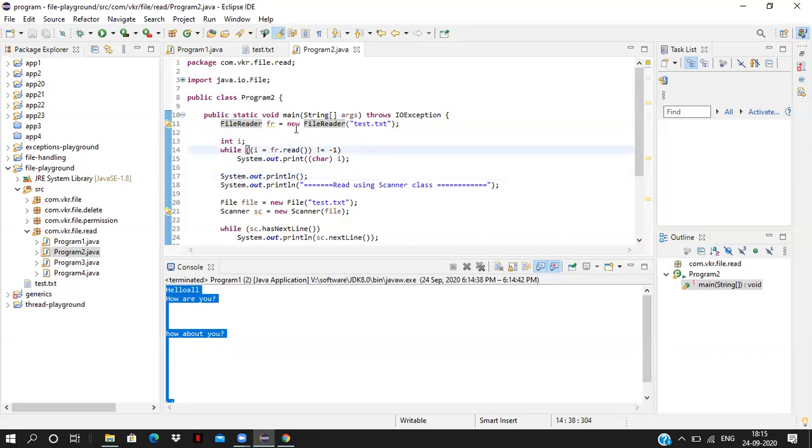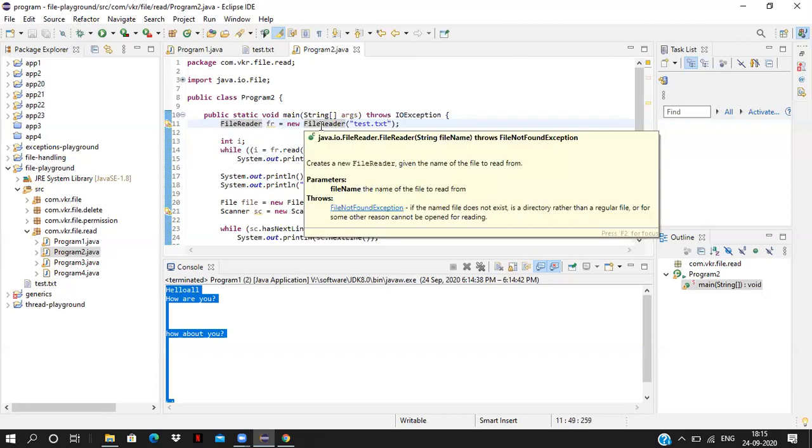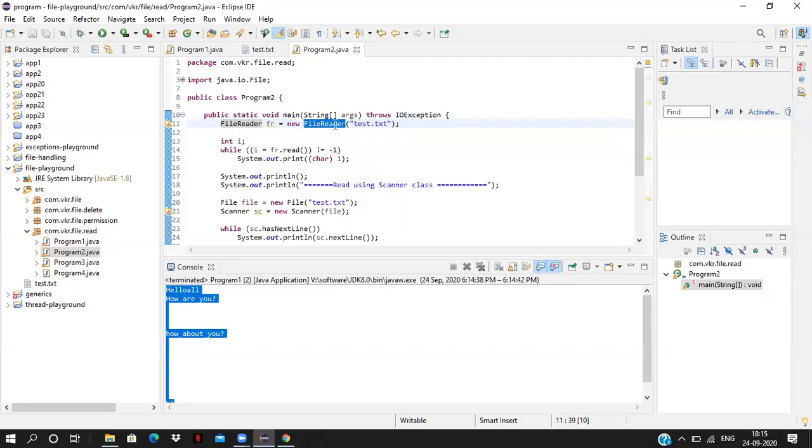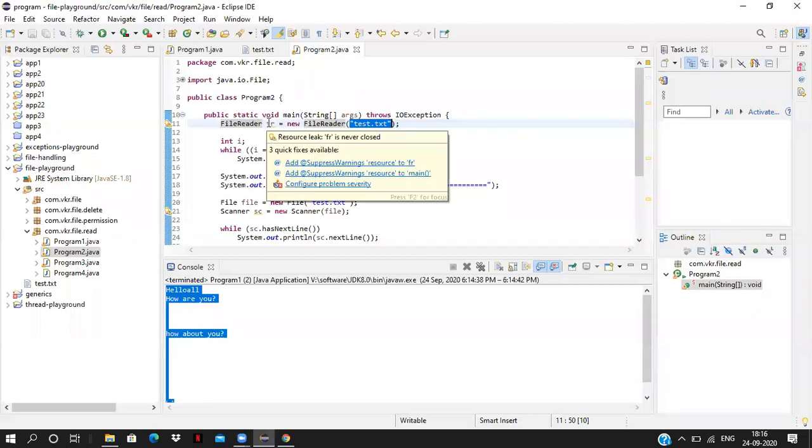How can we see this? See, I created a FileReader object directly by using the absolute path of the file. We can create an object of FileReader by giving the path also. So FileReader has two constructors. The first constructor takes the path of the file, and the second constructor takes the File object. In the previous Program1, we saw FileReader of file. We can pass the File object also as an argument to the FileReader. So I created a FileReader object.